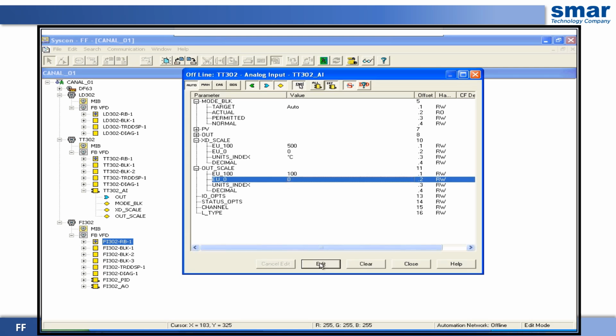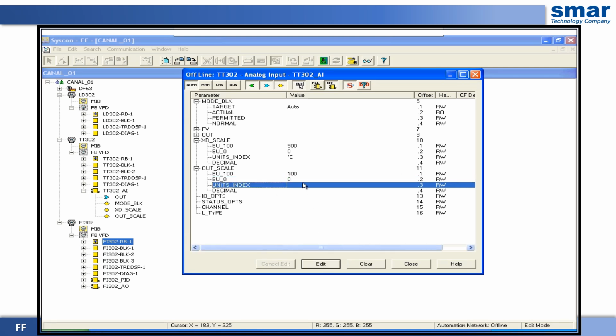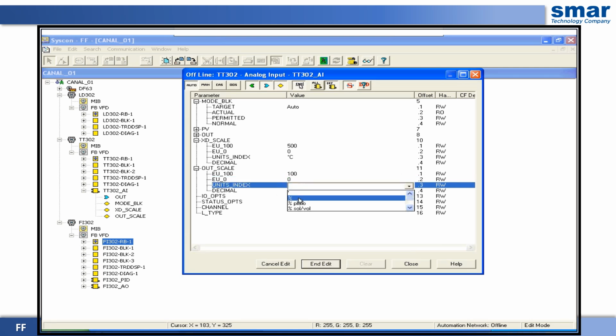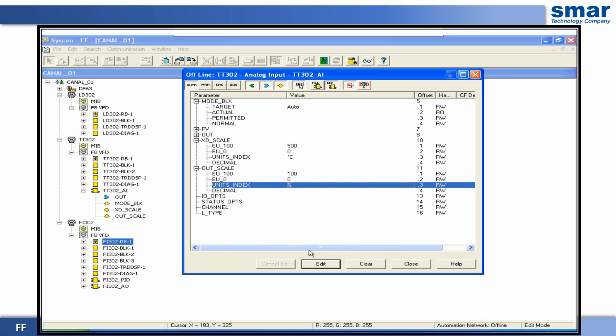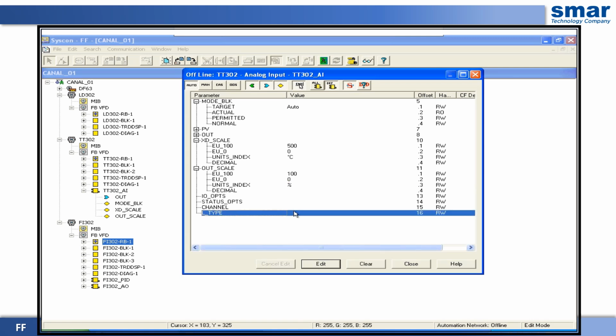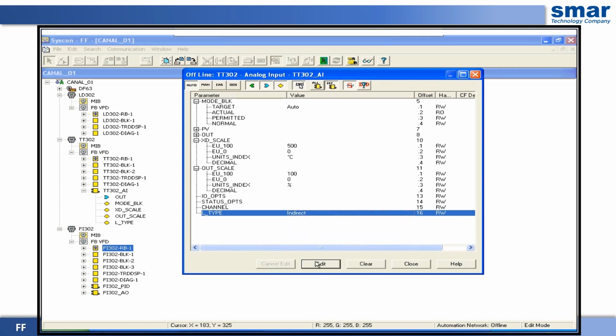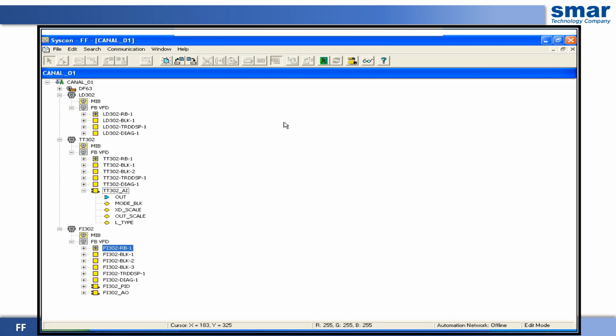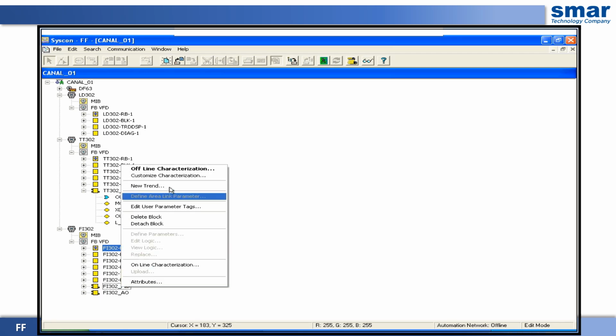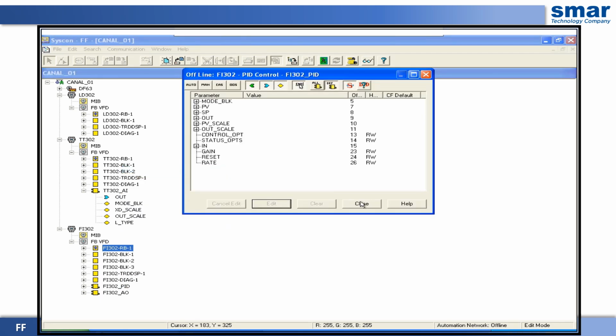We will take and position an output of 0 to 100. We will adopt the Celsius engineering scale in our measurements and convert it into a percentage option. An L_TYPE set to indirect means we will perform the conversion. Let's save. We set the analog input.